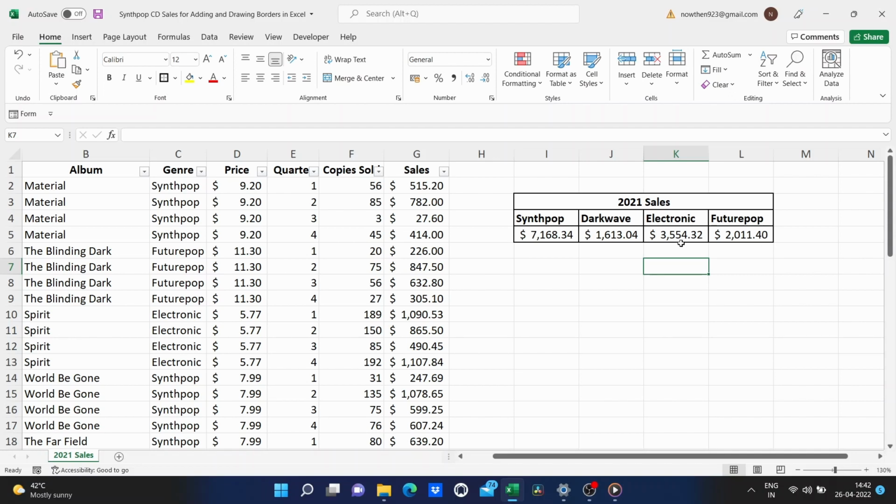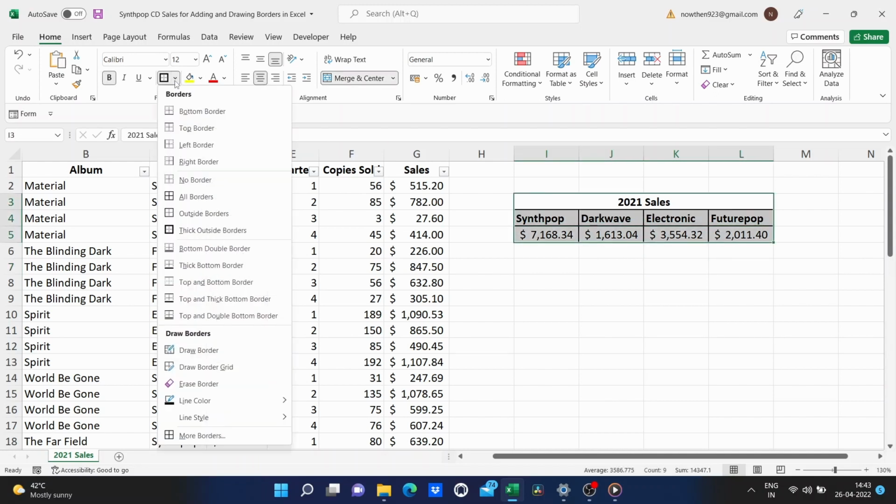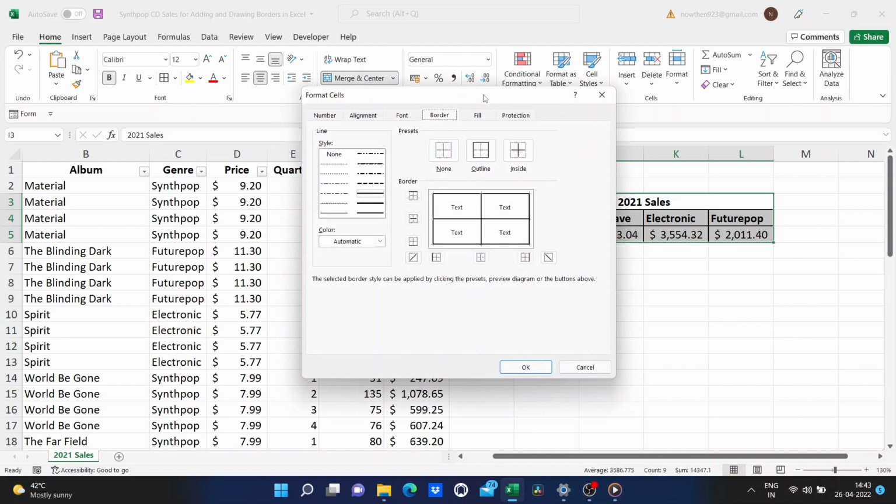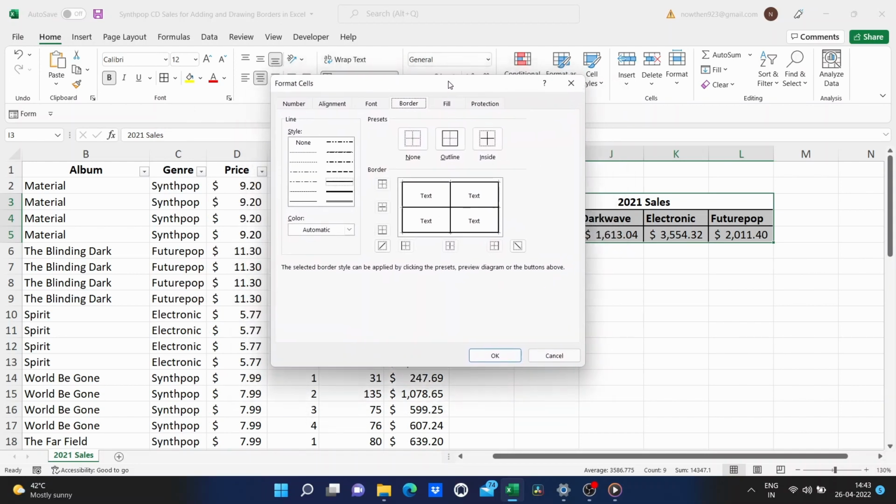These are some of the most commonly used border patterns. We do have an option down here toward the bottom, and you may need to scroll all the way down where it says More Borders. If you click that, it gives you a pop-up box that you can use to select just about every aspect of the borders for the selected area.